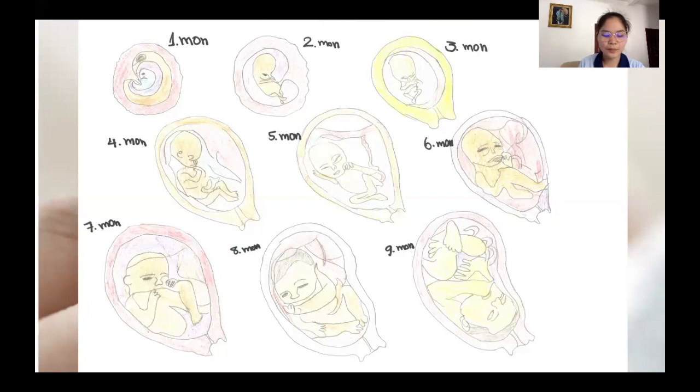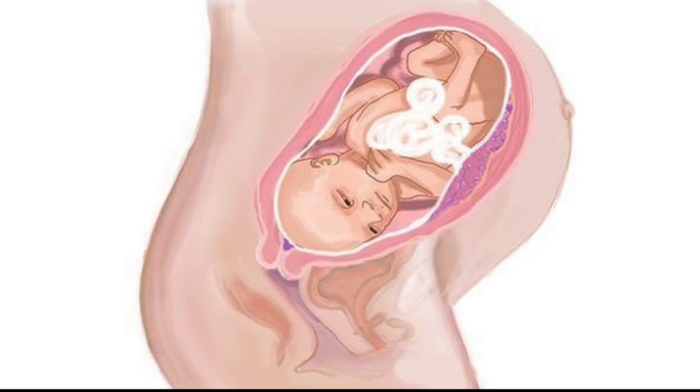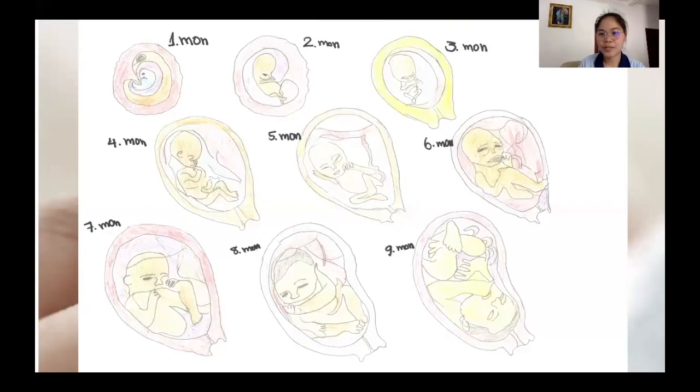And the baby drops down the pelvis. Actually, at the 9th month, it is almost time for the baby to be born, and the baby will turn upside down, turning the head toward the mother's canal, and in this month, the baby should be about 18 to 20 inches and 7 pounds, or